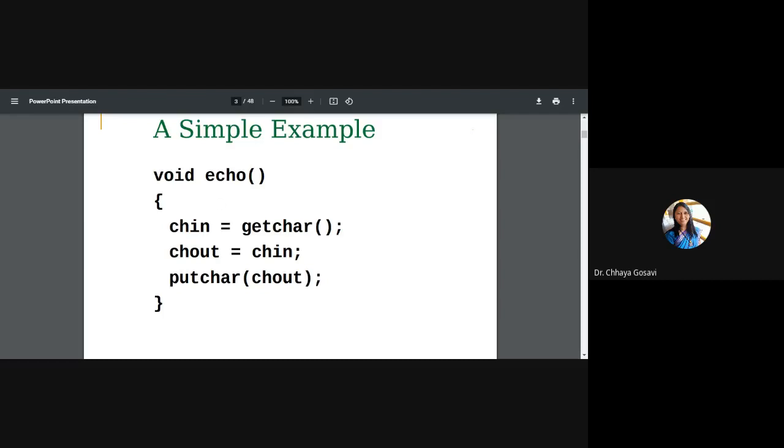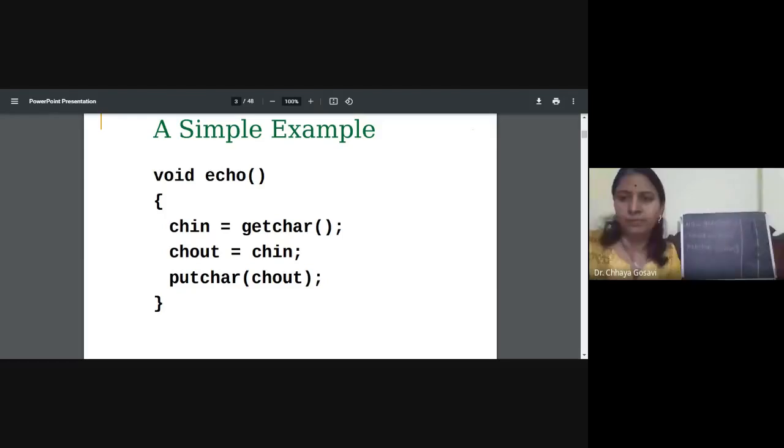Now assume that two parallel processes are executing this part of code simultaneously. This is a program which is getting executed simultaneously. getchar stores into the chin variable, the chin variable is stored in the chout variable, and we are printing the chout variable here, not chin.